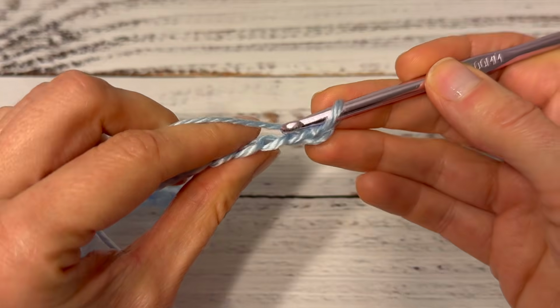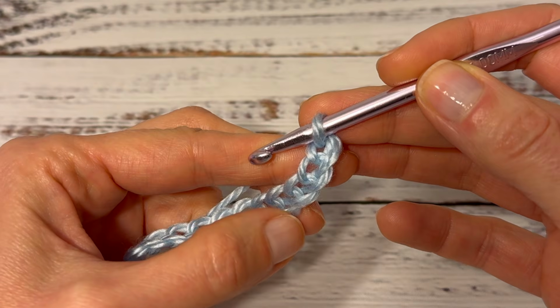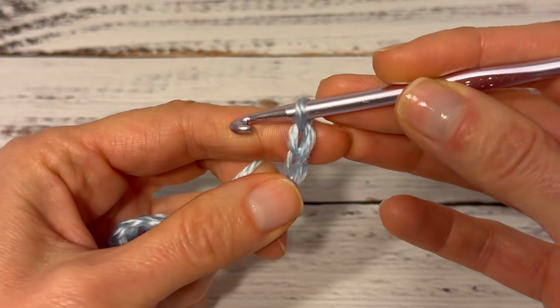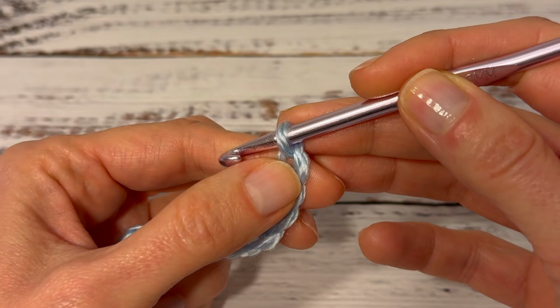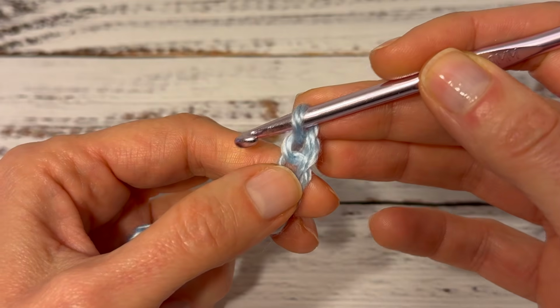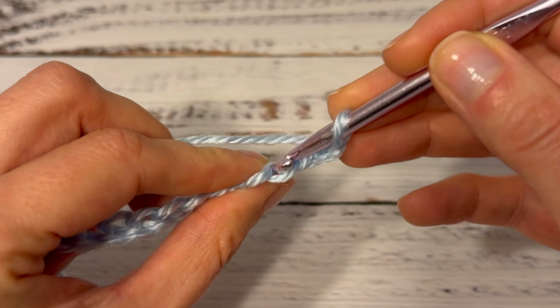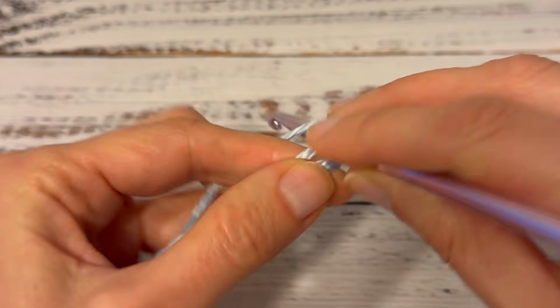I'm going to work into the back humps of the chain, and into the third chain from the hook, I make a half double crochet. We never count the chain on the hook, we always start counting from the next one. 1, 2, 3. This is the third chain, and working into the back hump of it, I make a half